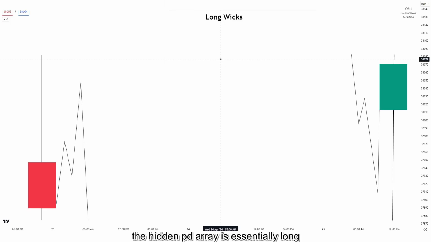The hidden PD array is essentially long wicks. It's rarely talked about from ICT, and it's only if you're an adamant ICT trader like me who watched everything from ICT to SMC and knows all the concepts, and through backtesting you pick up on these hidden PD arrays,